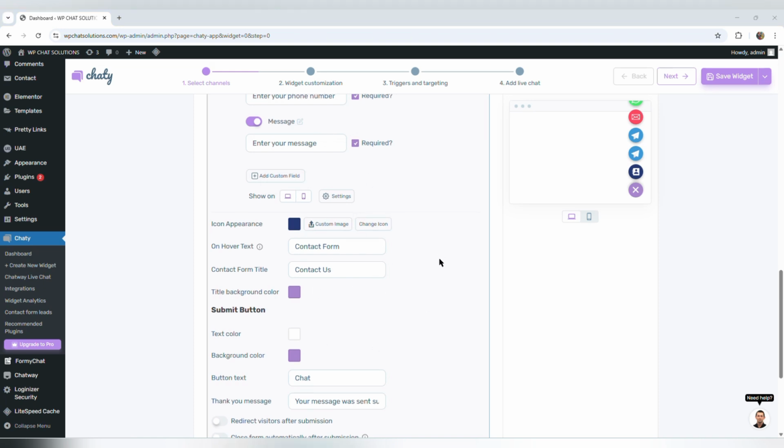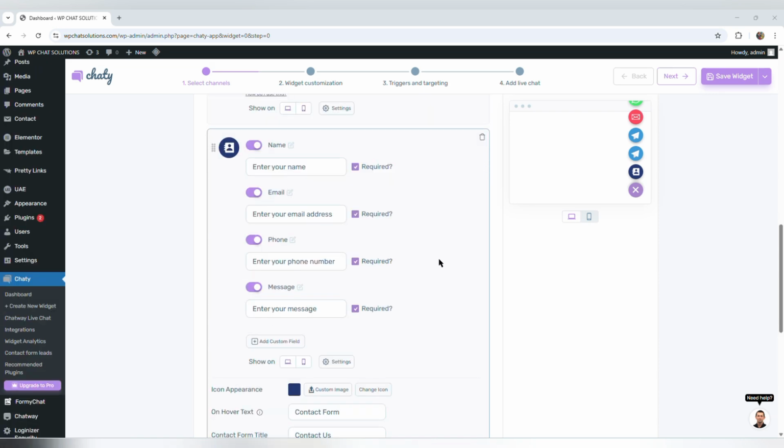So I'm going to scroll up a little bit and I'm going to start here where it says name. So these are preset fields: name, email, phone, message. To add more preset fields, you'll have to upgrade to Pro, and you can use the link in the description